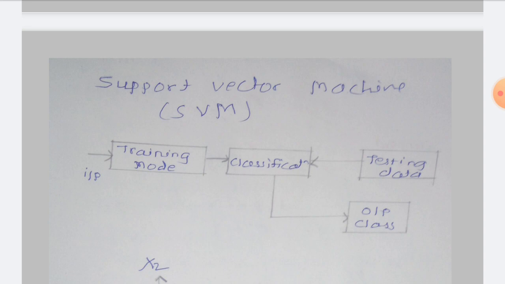analysis. Support vector machine is supervised learning because the data is labeled data. This labeled data is given to the training model. Now in the given figure, when testing data enters into a prediction or classification, it finds which class it belongs to, and the output system defines the class of the testing data.